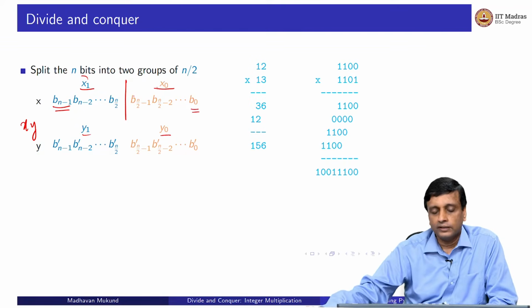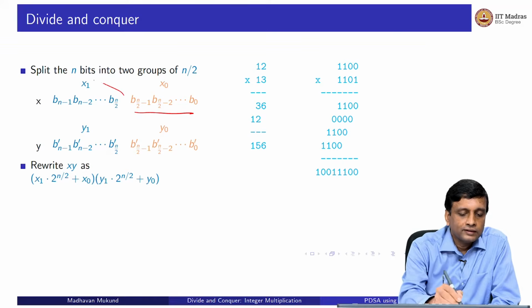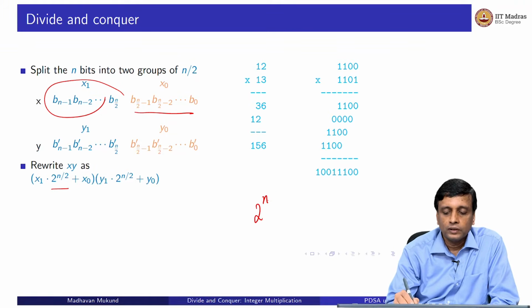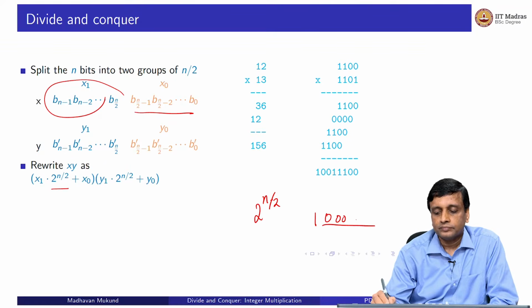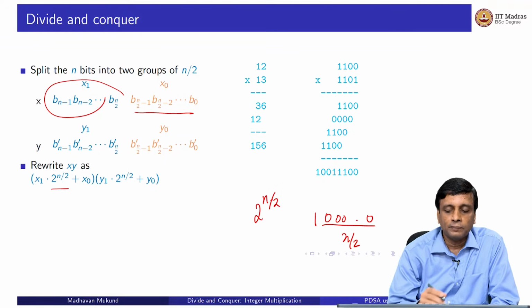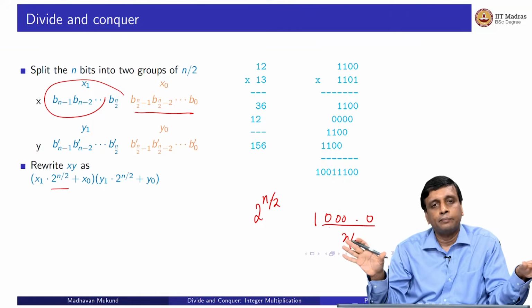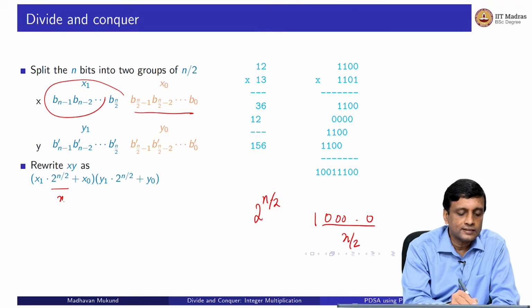So now what is the number actually? The number is this plus this amount shifted by the appropriate power of 2, right. So I can think of x as being x1 times 2 to the n by 2. 2 to the n by 2 is just 1 with n by 2 zeros. So if I multiply x1 by that, it gets shifted to the left, and then I am just adding these two and getting an n bit number. So I have 2 to the n by 2 times x1 plus x0, so this is x,